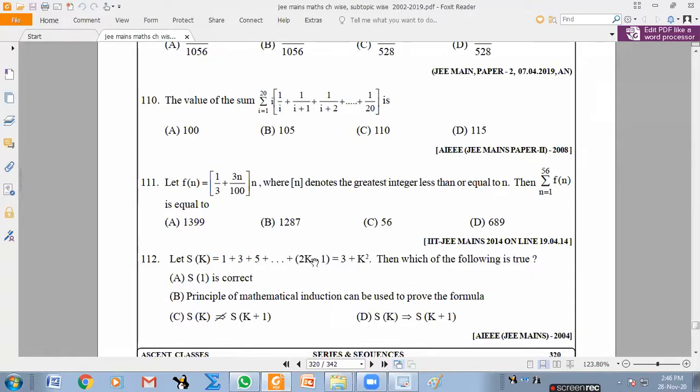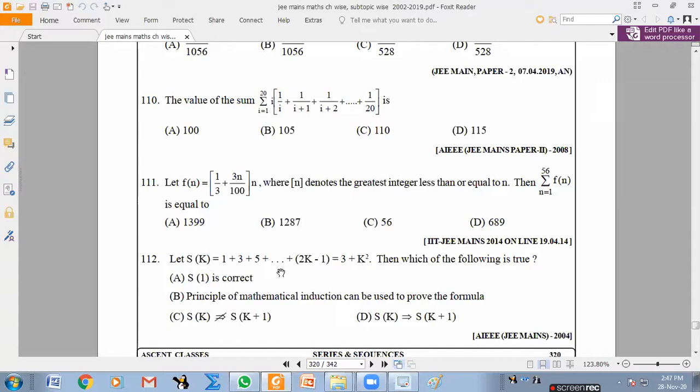Sir, 112, sir. 112. Yeah, 112, it should not be here. I don't know where to keep, so I kept here. Actually, in a sense, it belongs to mathematical induction. But you know, mathematical induction cannot be asked in an objective exam because mathematical induction cannot create formulas. If they give only LHS and ask RHS, it's not mathematical induction. Even if they give, you can obviously verify rather than really doing anything. But what is their intention here is the purpose of asking.